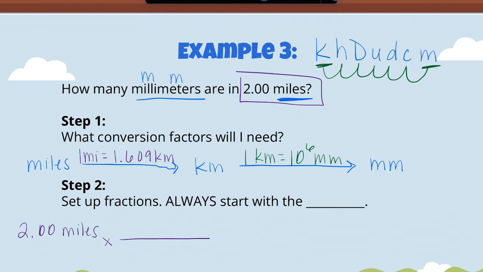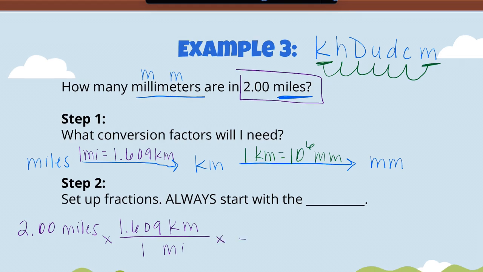And when I set up the fractions, I'm going to convert from miles to kilometers according to my plan. And I want my miles to cancel out, so I'm going to put my miles on the bottom, and I'm going to convert to kilometers on the top. And my conversion factor is that 1 mile is 1.609 kilometers. So now I've converted from miles to kilometers, and I can use my next conversion factor to convert